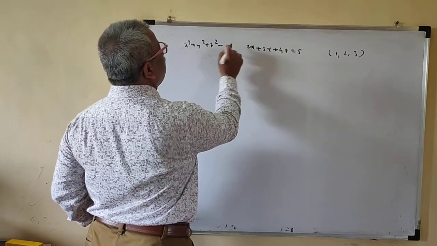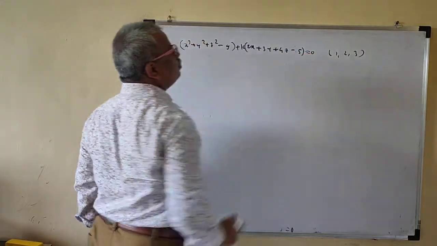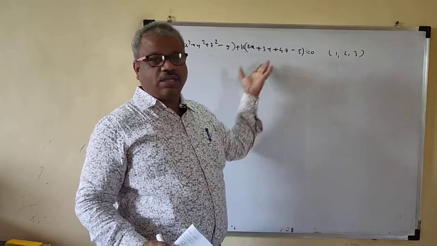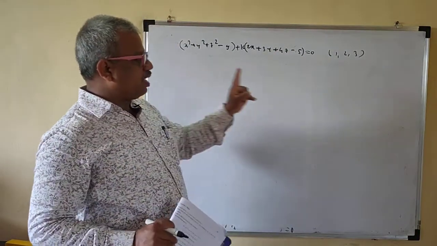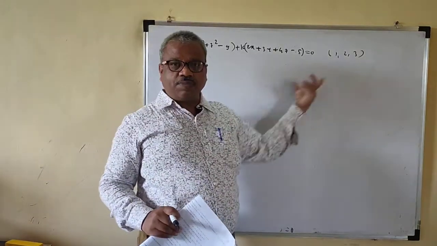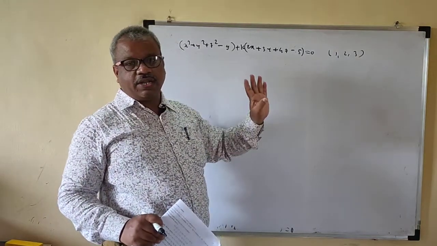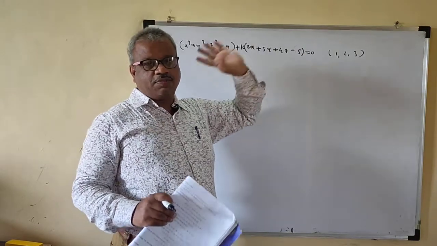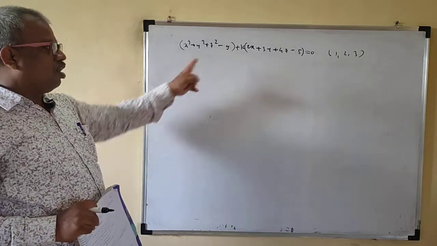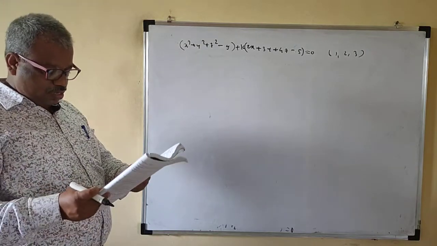Okay, so this is minus 9, plus k into this is equal to 0. The point here is actually complicated. Here they may give a simple point, or what you have to do is just put this 1 2 3 into your options; the sphere which satisfies this point will be your required equation of the sphere. Or you can find the value of k and put it here, and you will get the equation of the sphere.